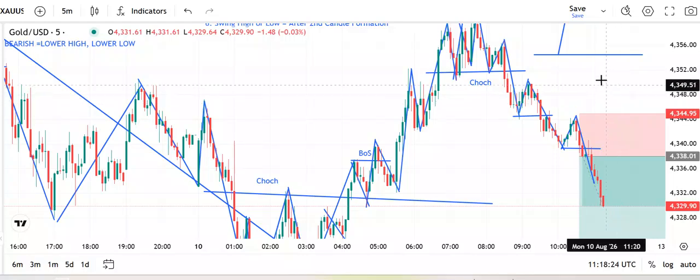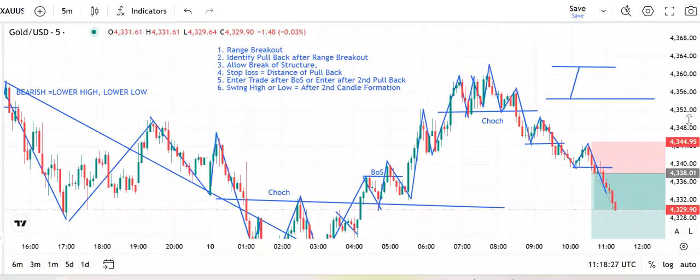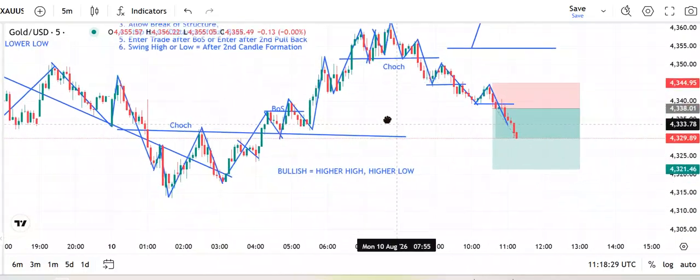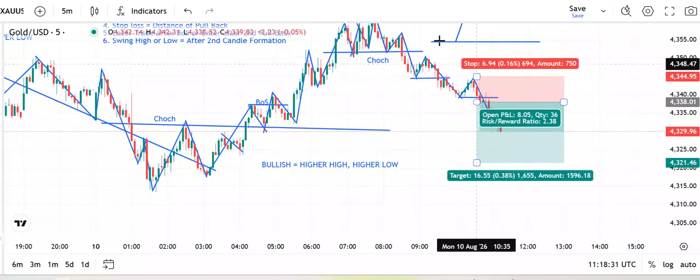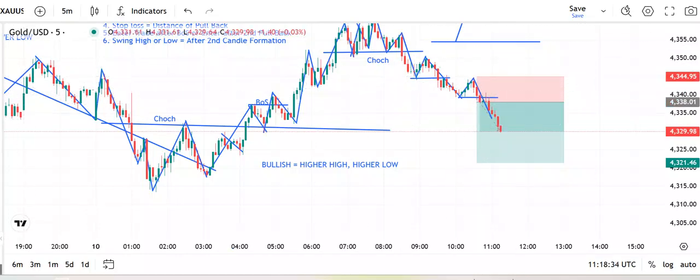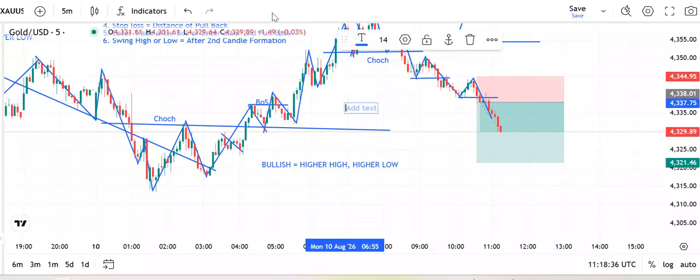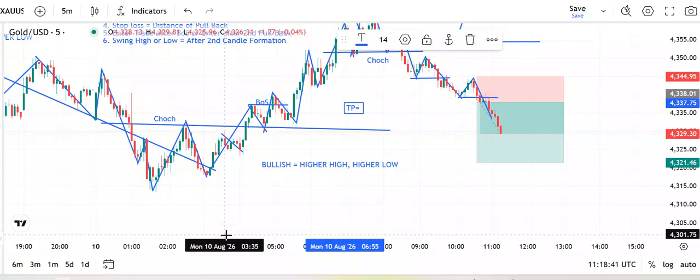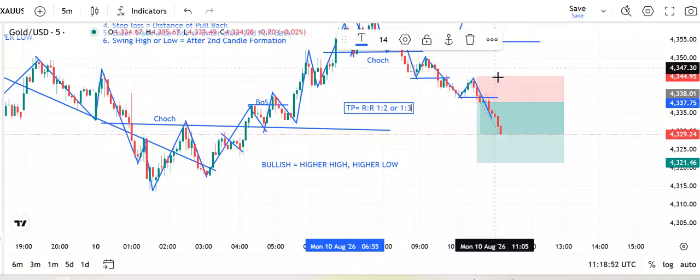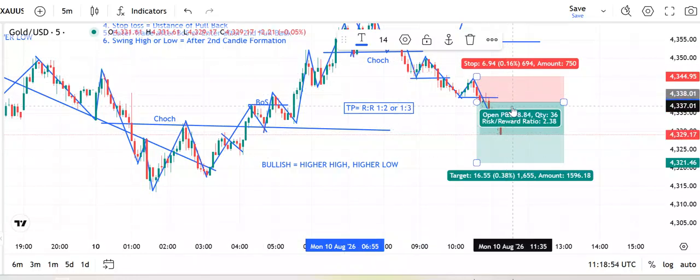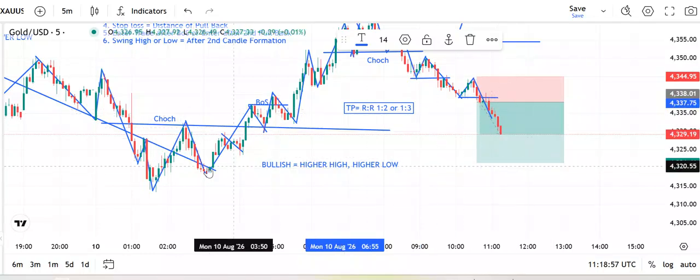Okay. So that's what the strategy is all about. Your TP will be ratio 1 to 1, 1 to, beg your pardon, ratio 1 to 2. TP could be risk reward 1 to 2 or 1 to 3. So when your stop loss is this, 1 to 2 of stop loss or 1 to 3, but I would prefer